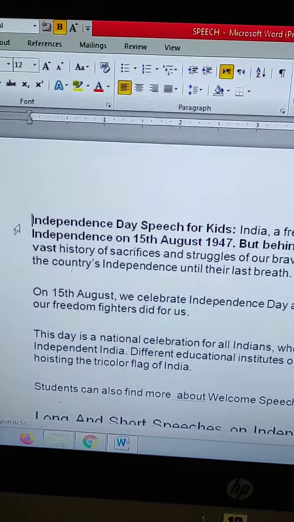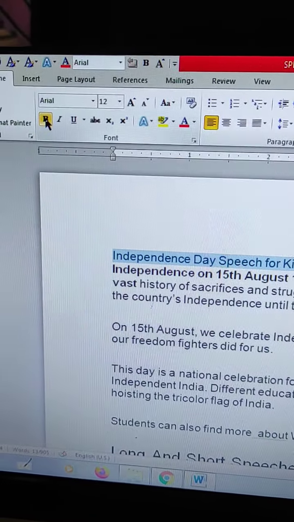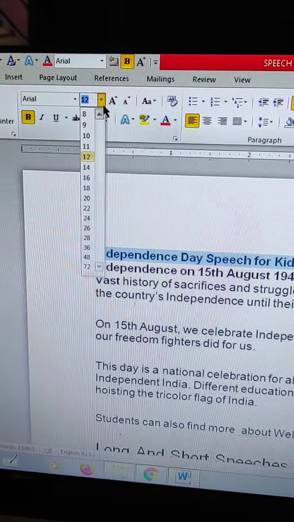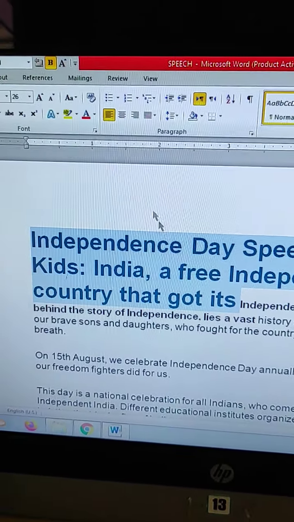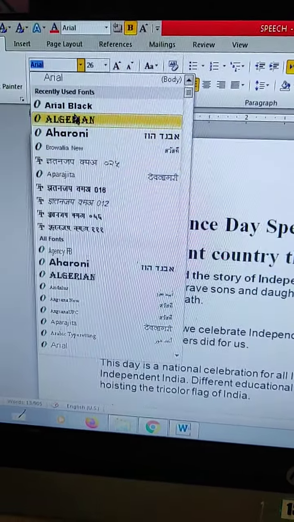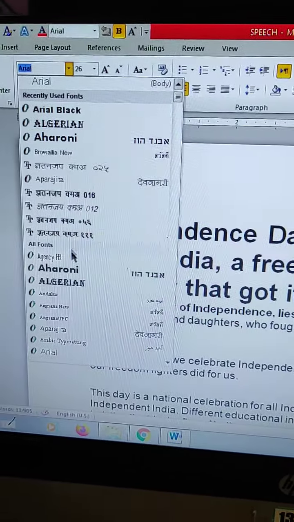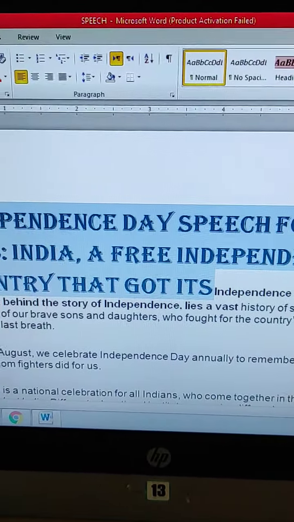Suppose I want the first line of this document in bold, and the size of the text big. Like this I can change it from here. I can change the style also from here in this way.